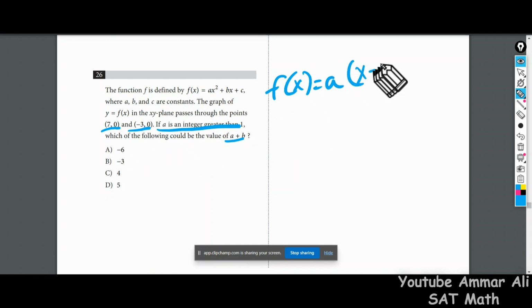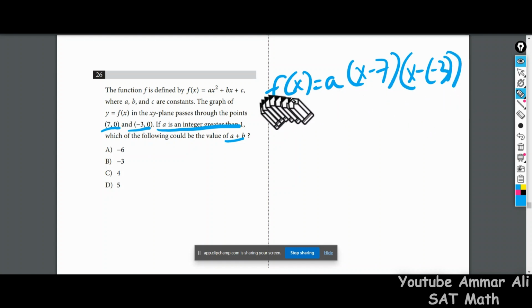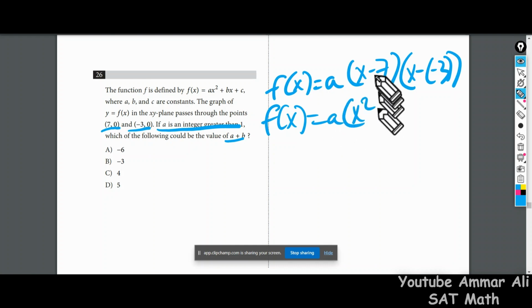So x minus 7 will go here, and then we would get an x minus 3, right? So again, these are just basically where our parabola touches the x-axis, right? Because our y values for each of these points is 0. So continuing, we're going to just simplify this now so that we will get a times x squared, and then